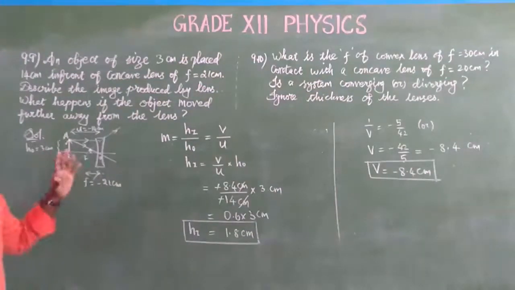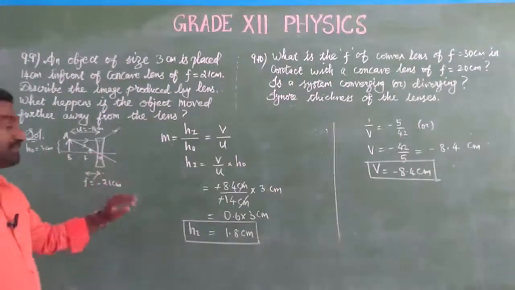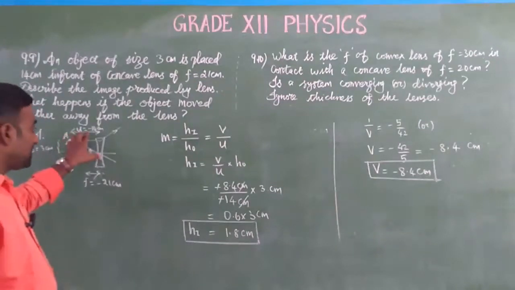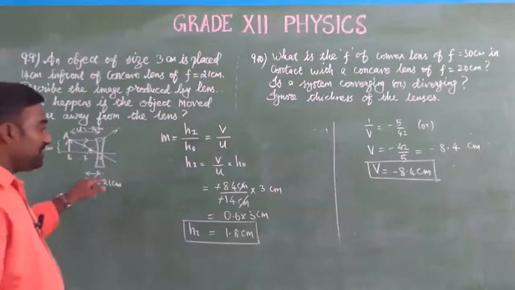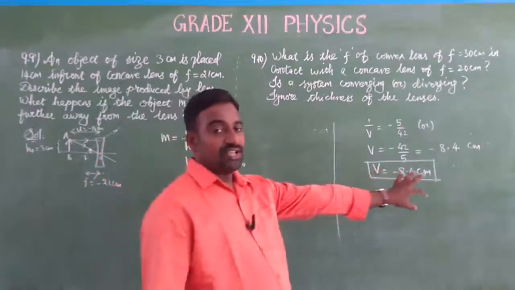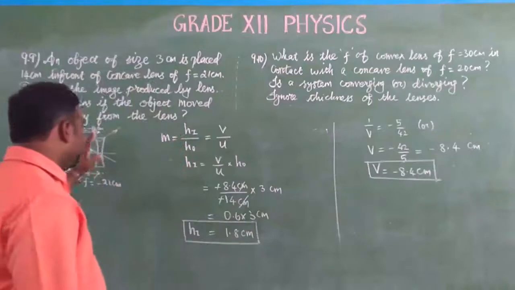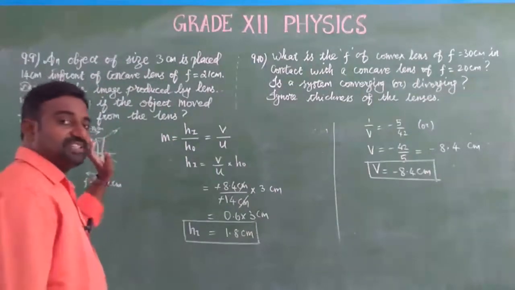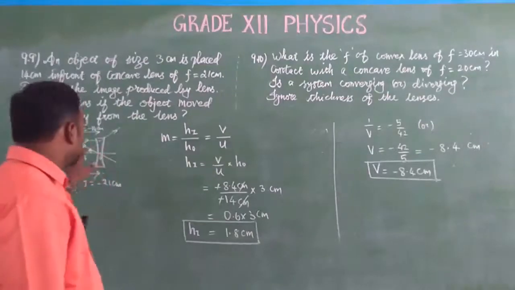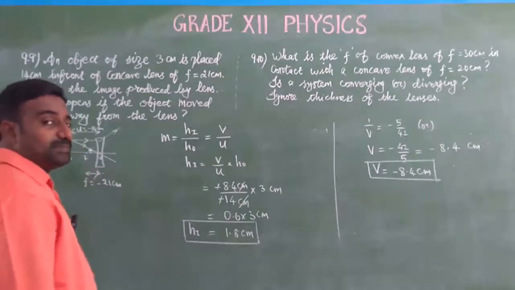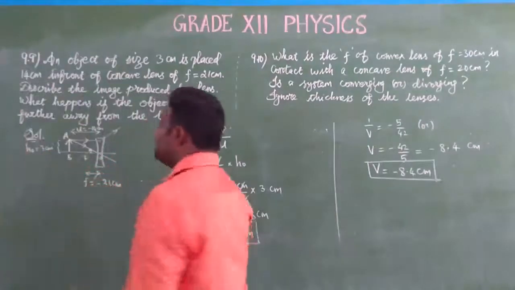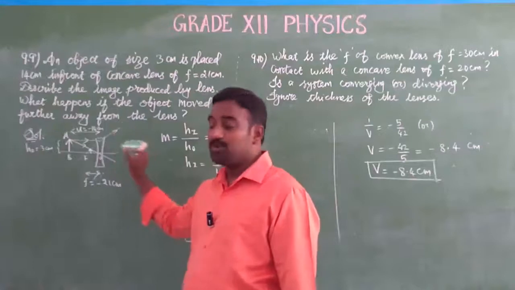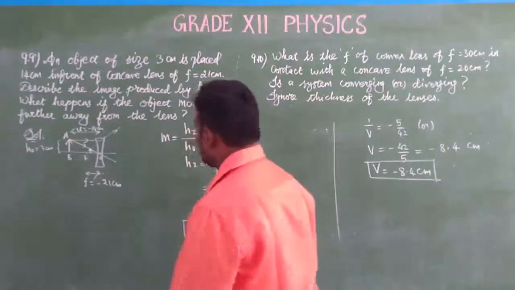See, very simple. We are solving it with the same method. A 3 centimeter object is placed 40 centimeters from a concave lens having a focal length of 21 centimeter. What will be the image distance? And what happens to the image if the object moves further away? Even if we move further away, the image remains of constant dimension, because wherever the object is placed on the axis on the left-hand side, between infinity and the optical center, the concave lens produces only a virtual, diminished image.